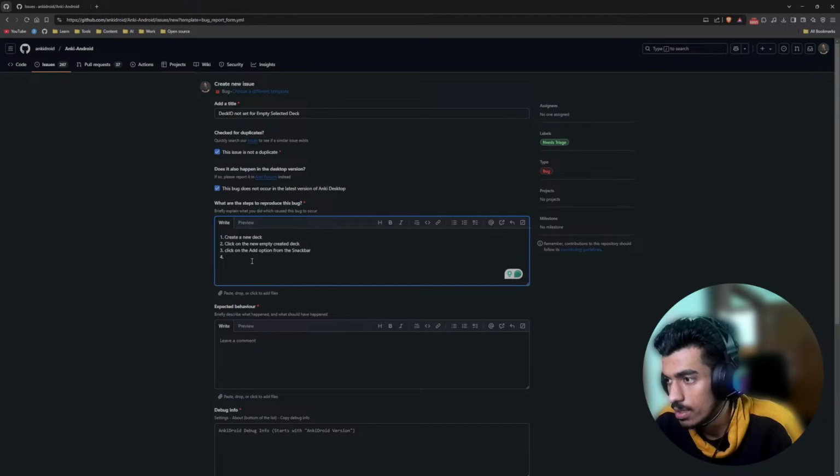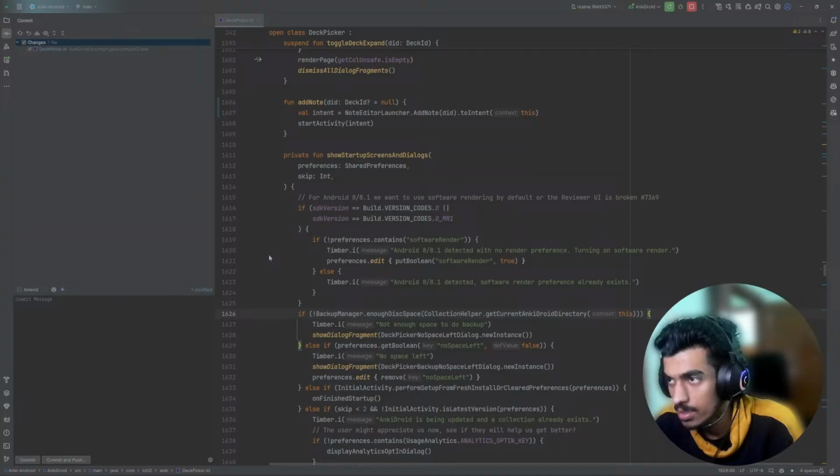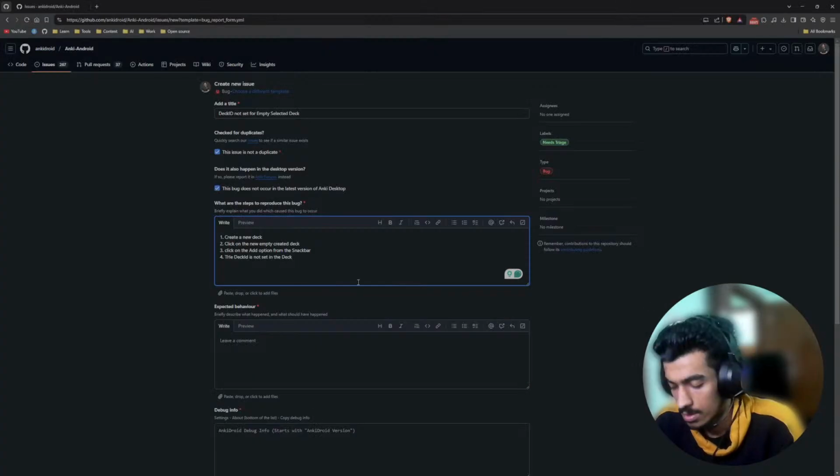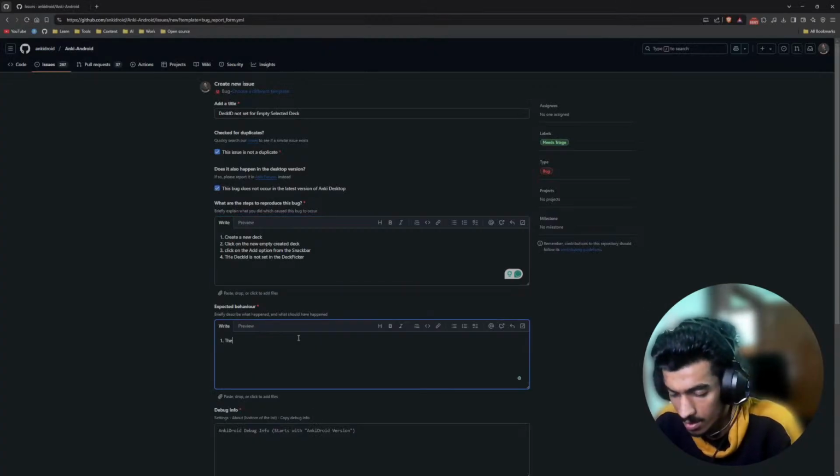Click on the add option from the snack bar. The deck ID is not set in the deck picker. Behavior: the deck ID should be set in the deck picker,